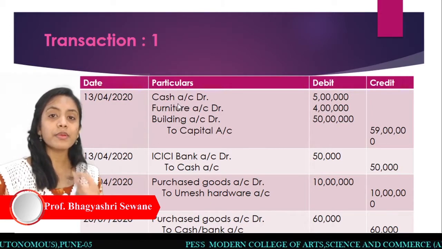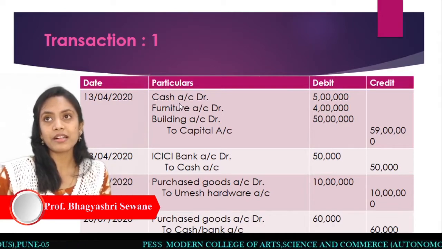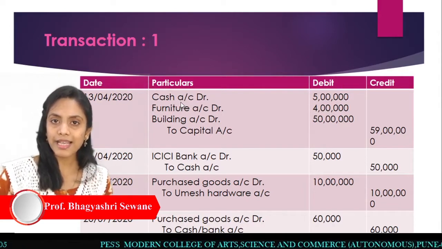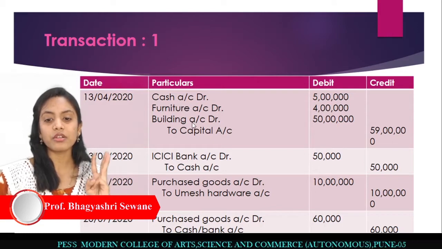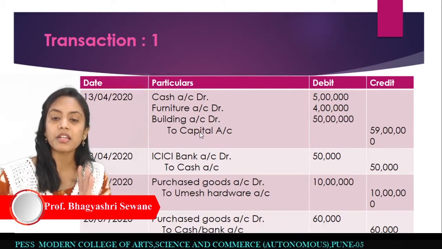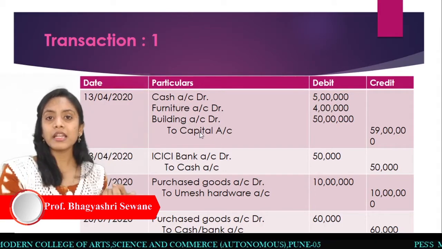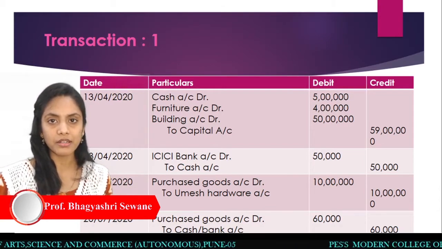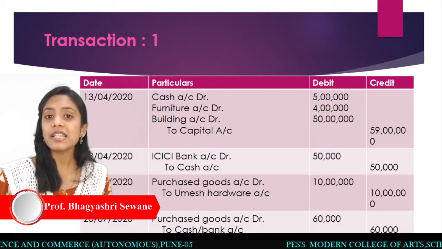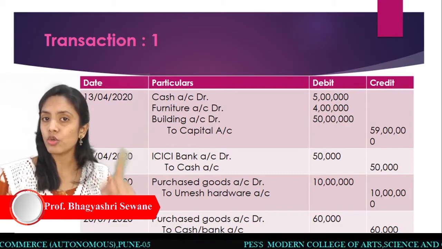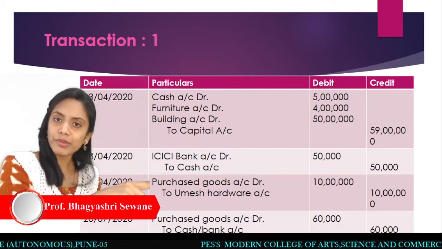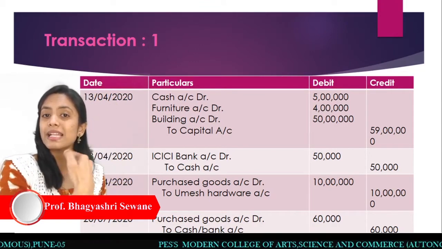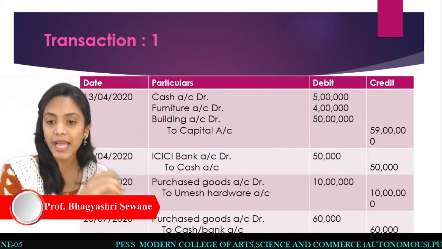So for that purpose, how many ledgers will we require? We will require a cash ledger, a furniture ledger, a building ledger, and a capital ledger. So in our example, capital was already there. We don't have to create a capital now, right? But is there a ledger of capital? No. Capital was a group. In the list of groups, you can see over there that capital was a group.